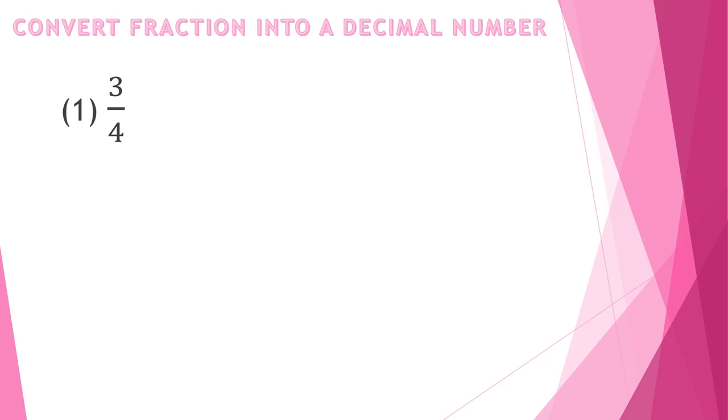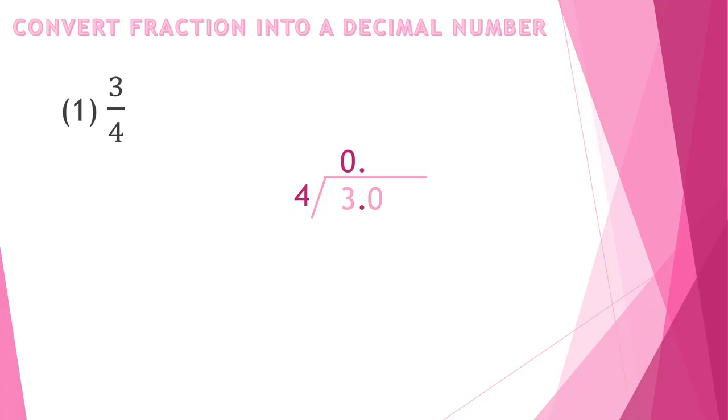Find the decimal value of 3 upon 4 by dividing 3 by 4. But 3 is smaller than 4. That means 3 is not divisible by 4. So write 0 in quotient above the line. Now put a decimal point after 3 and a 0 in the tenths place. We know that we can write 3 as 3.0 also, and the value of 3 does not change. After 3 we have a decimal, so write decimal in quotient above the line.